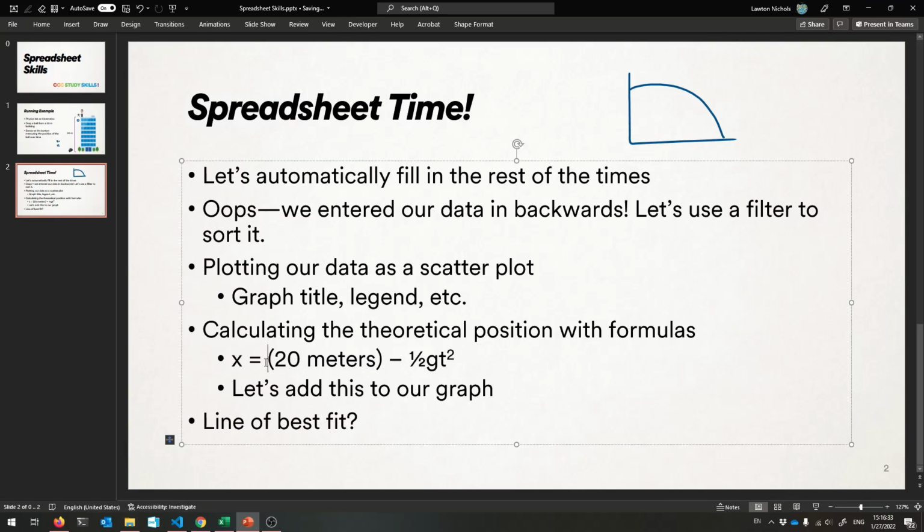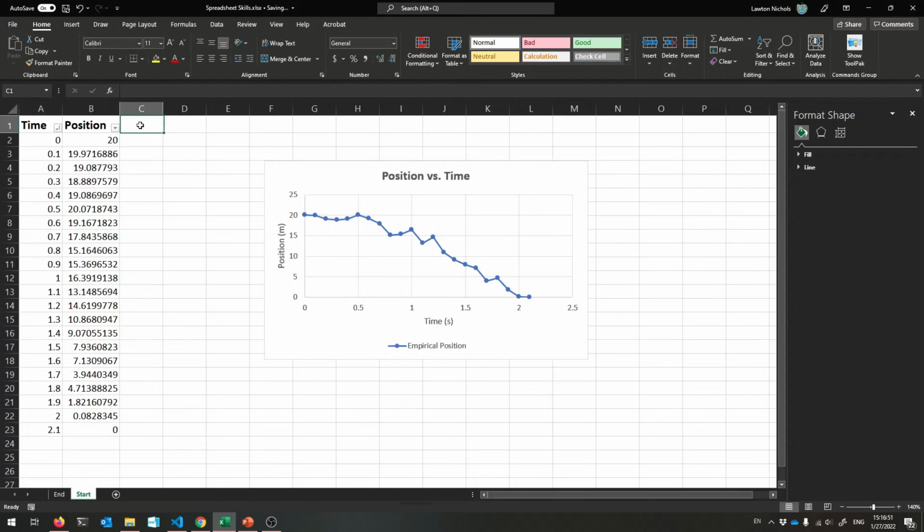And that is, the position starts at 20 meters, and then it gets smaller by 1/2 times gravity times t squared over time, okay? So as t changes, the position decreases, right? It gets closer to the ground because it's being pulled down by gravity. So we can do theoretical